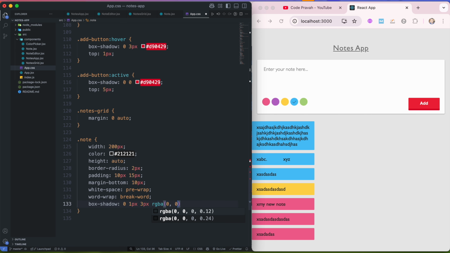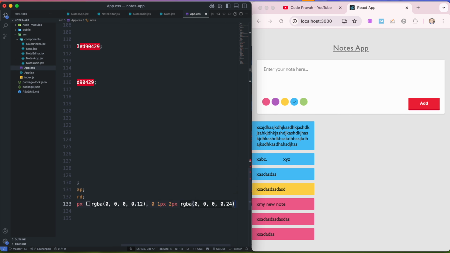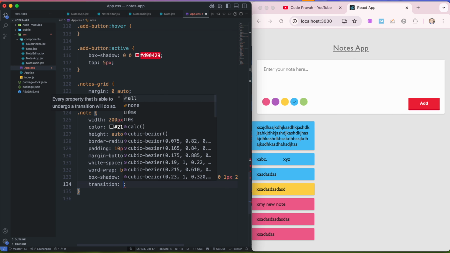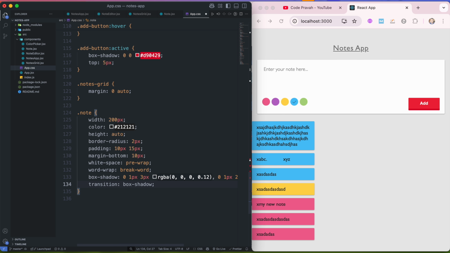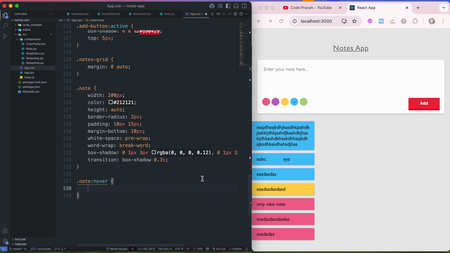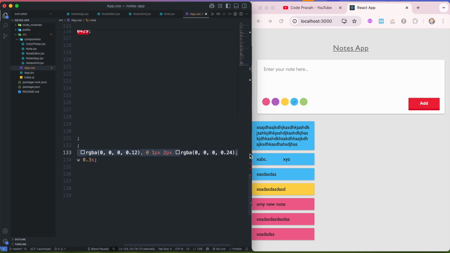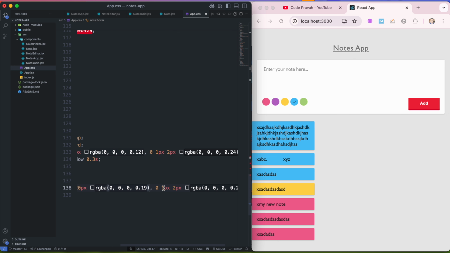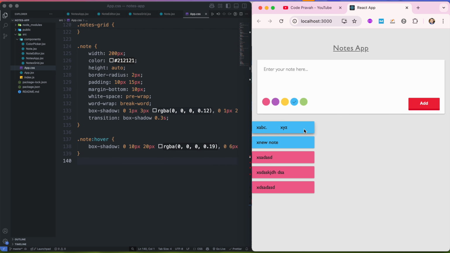Then I will assign some box shadow to this node component, and I want to apply a transition on the box shadow, let's say 0.3 second. So I'll say whenever I am hovering on the node, this time I'll change the box shadow. Let me just copy it from here and paste it, and I'll change the box shadow in this case. So you can see it's working fine, but one thing you can notice is that they are coming into a single